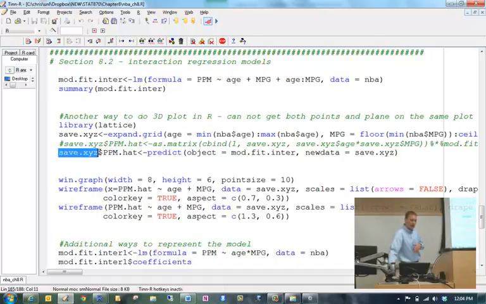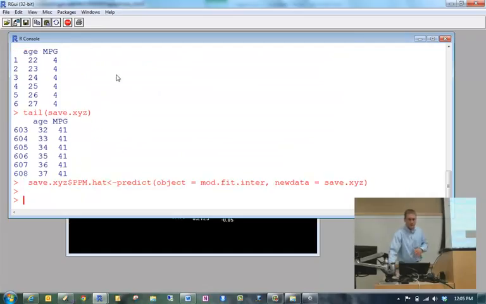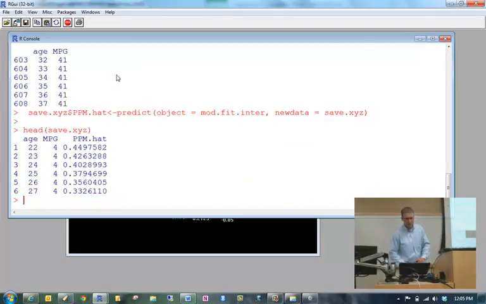And we might not have looked at this before, but what I can do is put a $ sign here, put a ppm.hat there. That automatically creates a new variable in my data frame that contains all these ppm hats. So that, if I were to say this now, you see the ppm hats. So that's how I created my data frame.